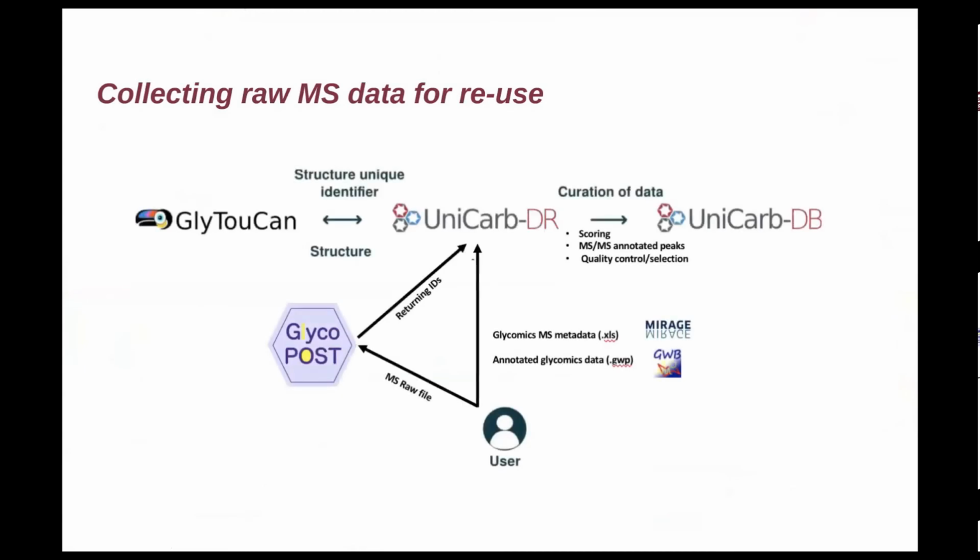So we are also trying, which is a big effort, as you know, there are a lot of repositories now to collect gene expression data, to collect proteomics data, mass spectrometry data that help understanding the identification of protein. But we don't have that very much in the glycomics area. So again, as a collaboration between Glycosmos and our group, we are trying a database which is called UniCarb-DB, that